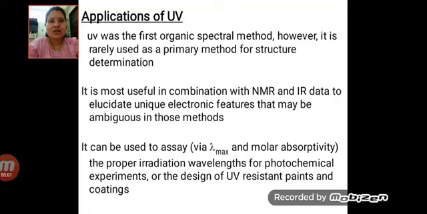Okay, dear student, now we have come to the application part of UV. Before learning the applications of UV visible spectrophotometry, you should know about the optimum conditions for the spectrophotometric measurement. In developing any analytical method based on UV visible spectrophotometry, the analyst is required to select the most appropriate sample and instrumental conditions for the assay, with regard to the nature of the sample being analyzed and the purpose of the assay.